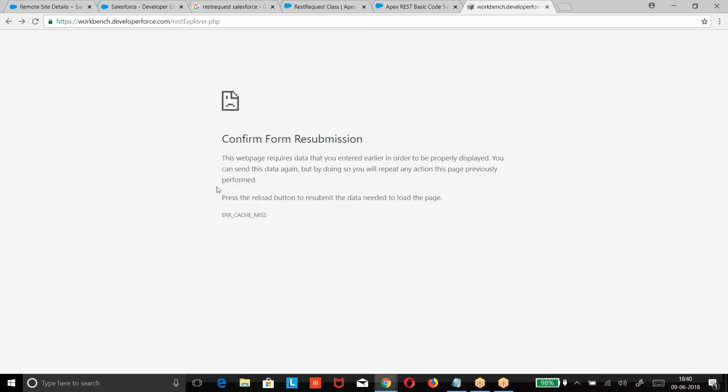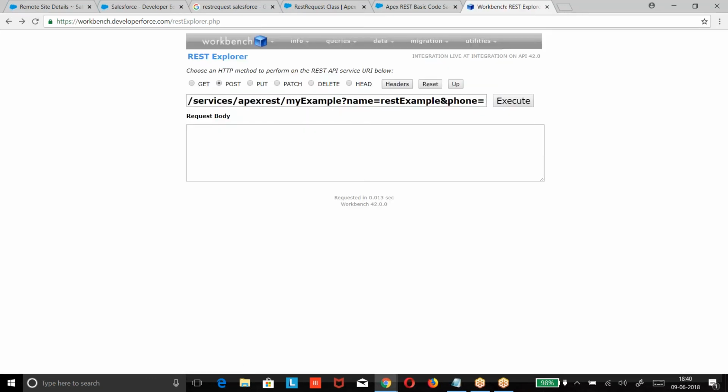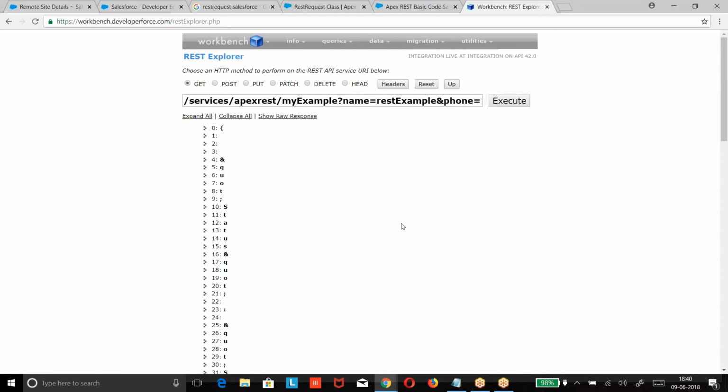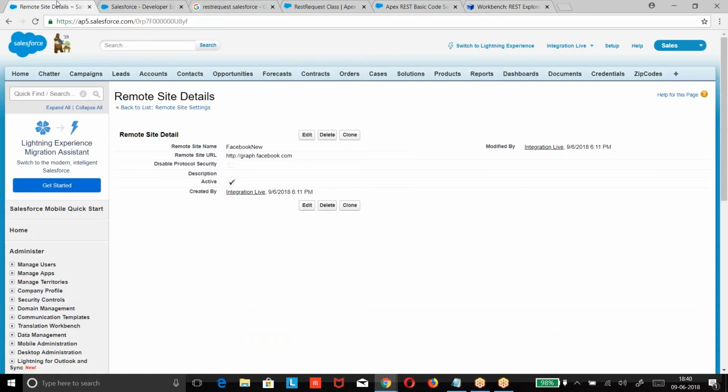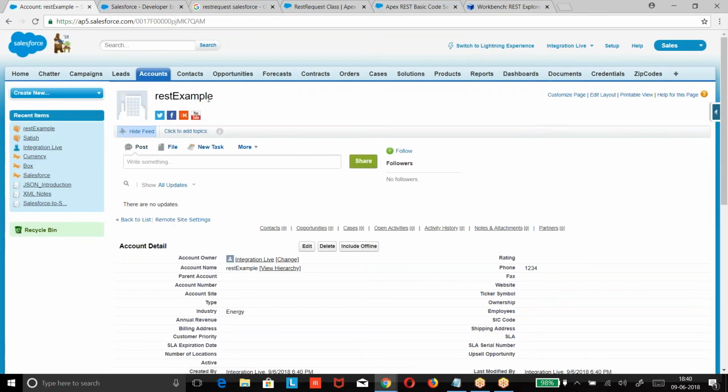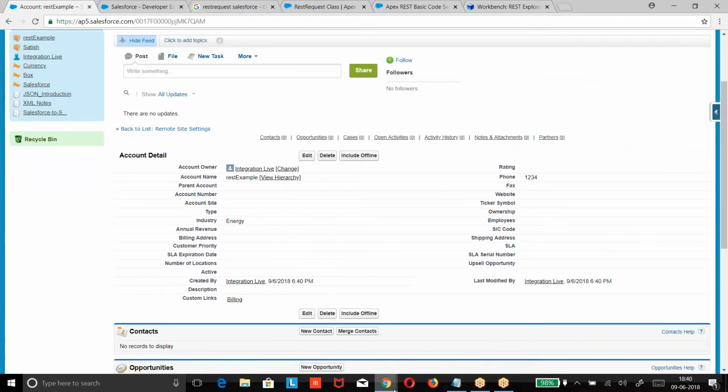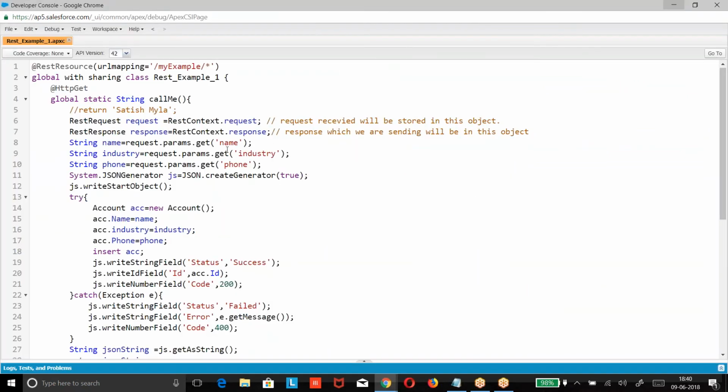I will not change the method, right? Get method, status, ID. This is the ID that I received. REST example. Right, boss? People are good with this example.